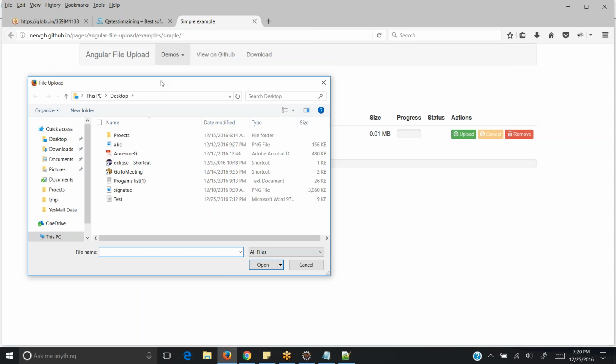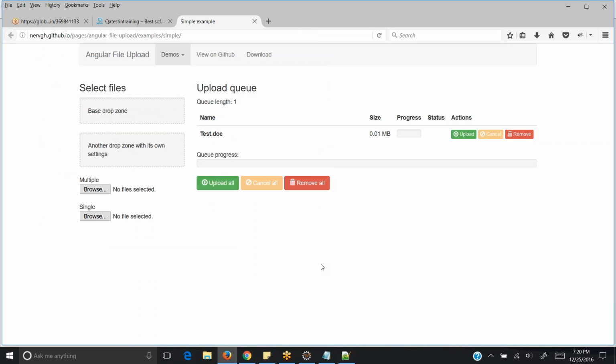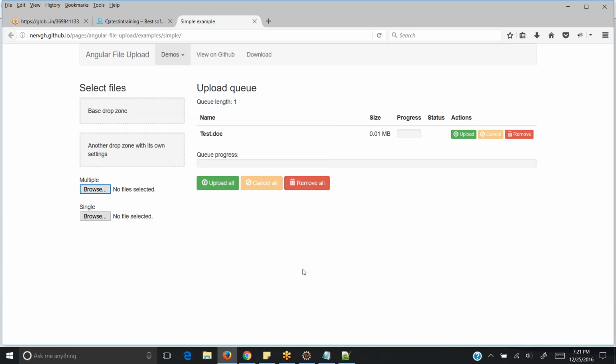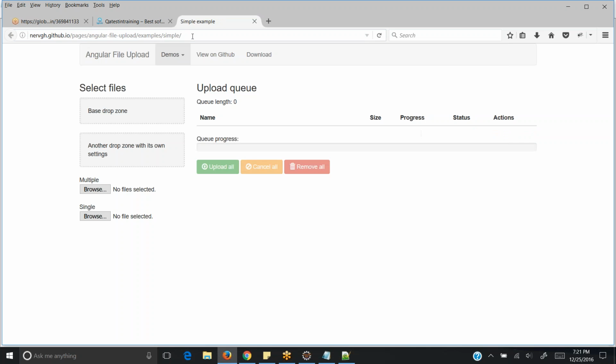In our previous sessions, when we were talking about alerts and frames, we already learned that Selenium is purely a web automation tool. Selenium doesn't interact with any web-based or script-based dialog boxes. So when you have this kind of thing in our application, how are we going to handle this? We cannot say that our application cannot be automated because of this. So to overcome that, Selenium has come up with another approach where we can upload a file without interacting with the dialog box. Okay, so let's do that.